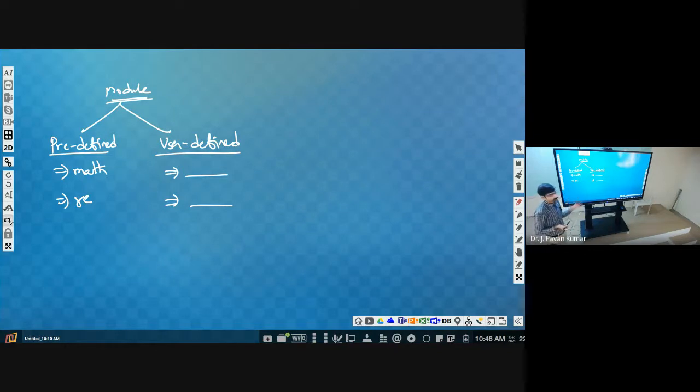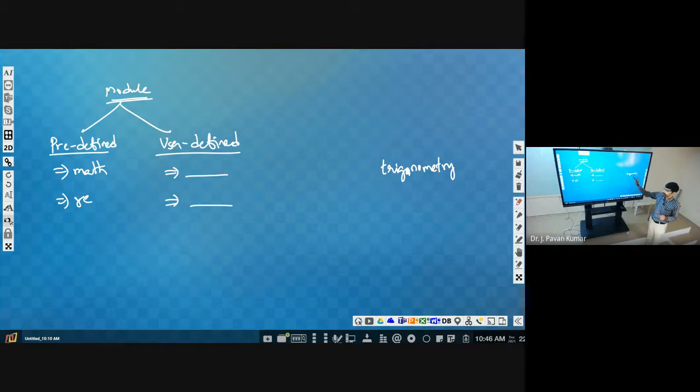Now consider we have user defined modules, like we have for trigonometry.